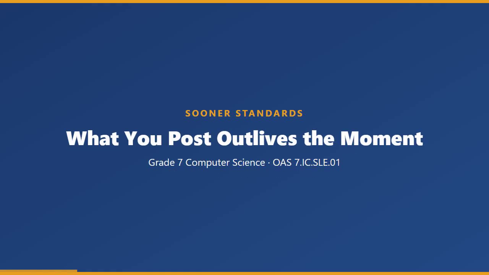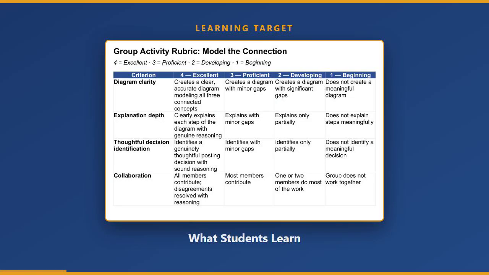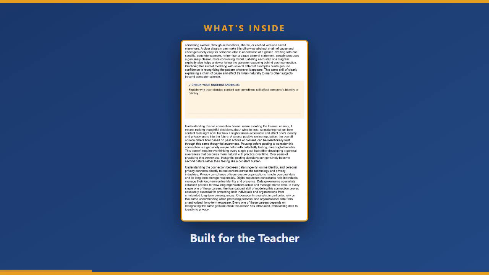From Sooner Standards: Modeling Data Longevity, Identity, and Privacy, a complete Grade 7 computer science unit for Oklahoma Standard 7.IC.SLE.01. Students learn to model the connection between the longevity of data on the internet, personal online identity, and personal privacy. Inside, a full teacher guide with pacing, misconceptions, and a scoring rubric, plus a content lesson with built-in comprehension